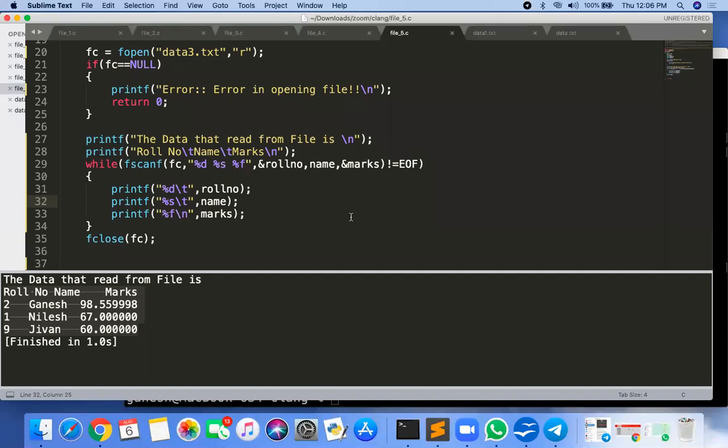Sir, can we use for and while loop in the same program, like first for then while? Usually in any program, can we use like that? Yes. Inside for you can use while, inside while you can use for. Any statement you can use anywhere. There is no rule that inside while you cannot use for, or inside for you cannot use while.